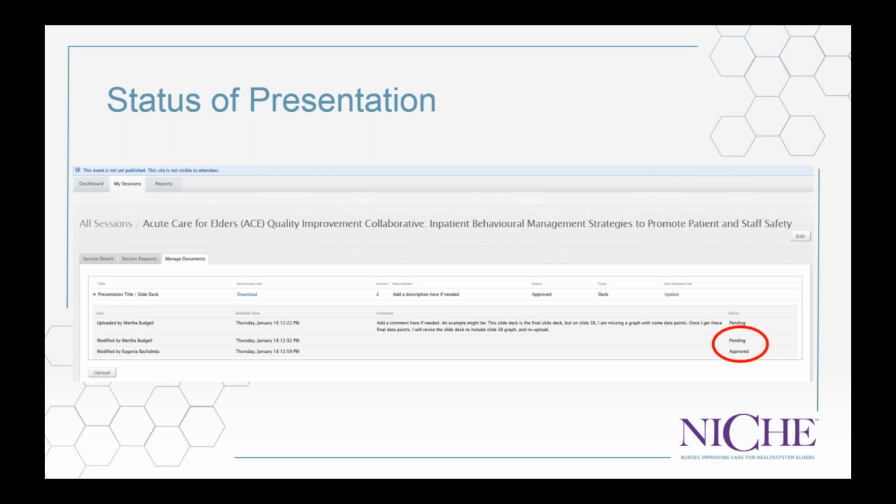Once our conference committee has reviewed your final poster PDF, they'll change the status from pending to approved. If they reject your poster PDF, and I said this in our webinar yesterday, please don't take offense to the term reject. This is not a niche word. This is an internal to the system word. So if they select reject of your poster PDF, they will add comments in order for you to make those needed changes. And when they do, you'll want to make those changes and then upload a brand new file for review.